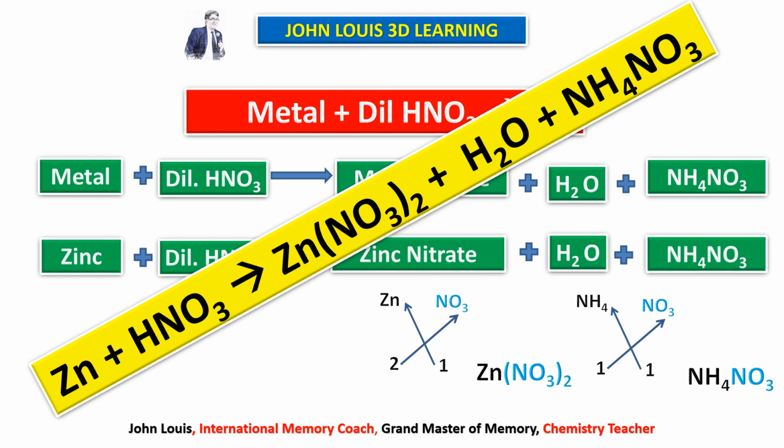Got it? I am repeatedly telling you, there are three different types of products formed when metal reacts with dilute nitric acid. It depends on in what proportion or ratio dilute nitric acid is taken. We will learn that exactly when we learn the properties of nitric acid. Since we are dealing with only the types of chemical reactions here, I am not mentioning all those things. Hope you understood. Shall we move on to the next type?